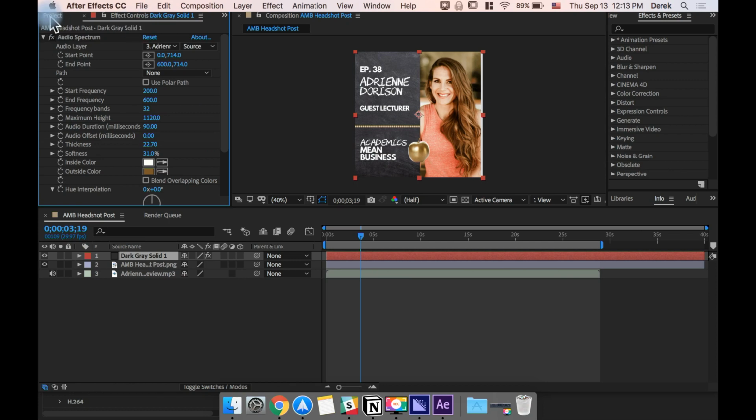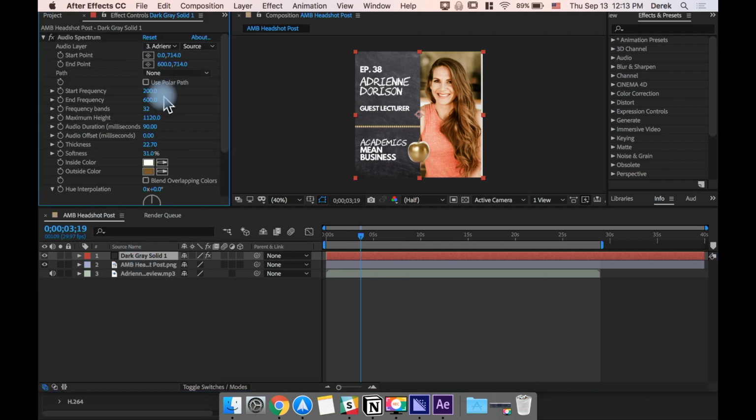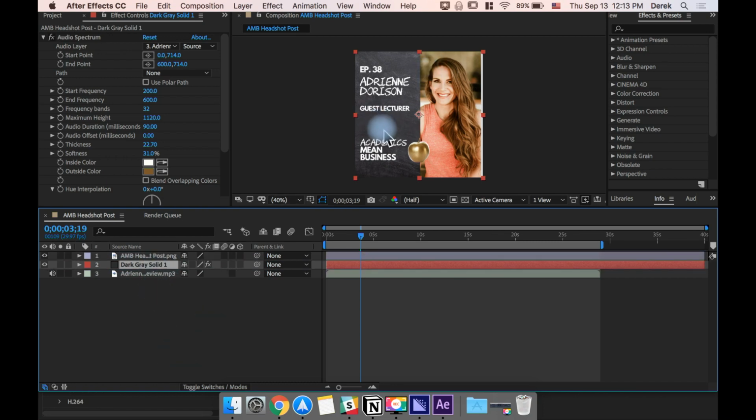And if this isn't here, a quick way to do that is when you click on the dark gray solid, hit F3. You can hold down the function button on a Mac keyboard, FN. Hold down FN and press the F3 button, and that opens up these controls where you change the source to the MP3. And if things, for example, like we saw originally, sometimes this happens where your waveform's not shown, drag